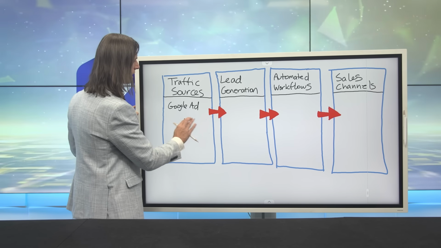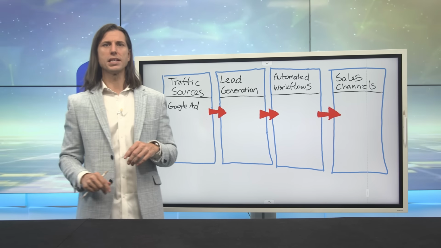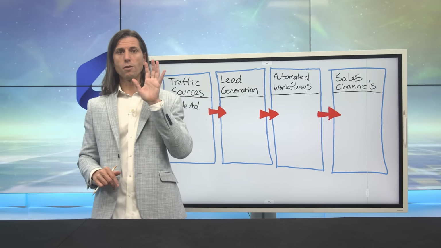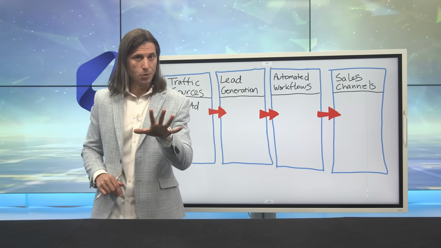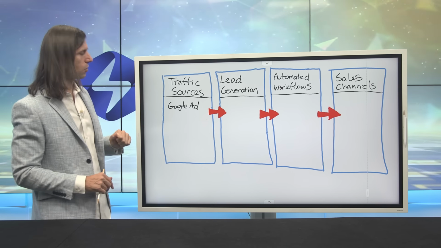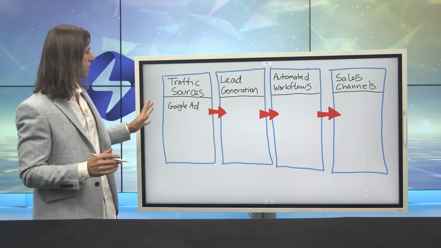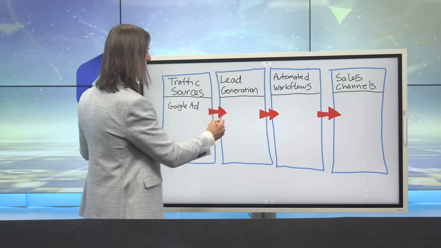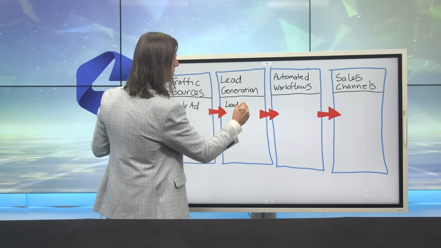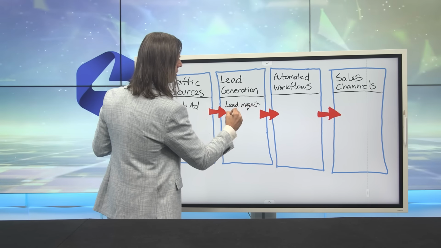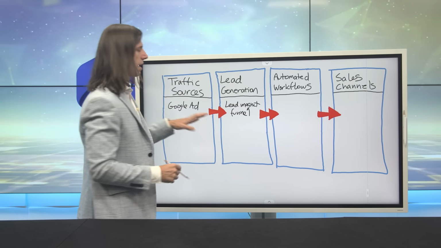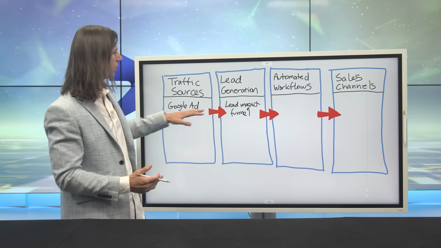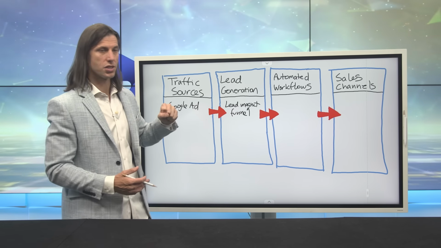And I'll give you some real world examples here. Let's say your company sells widgets. Let's just say that you sell widgets for $5. Now, to sell your widgets, let's say you run Google ads, great. Then you need to send people somewhere to generate a lead. So let's just say that your lead generation is a lead magnet funnel. Now, you've probably opted in for many of these. Maybe it's an ebook or whatever it is. So you've got a Google ad, and you send them to a lead generation page to generate the lead.